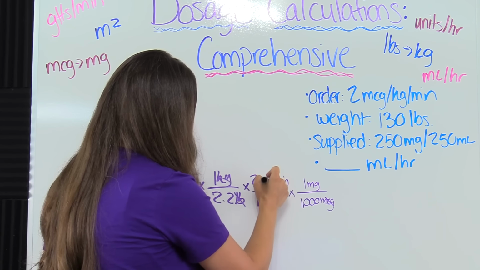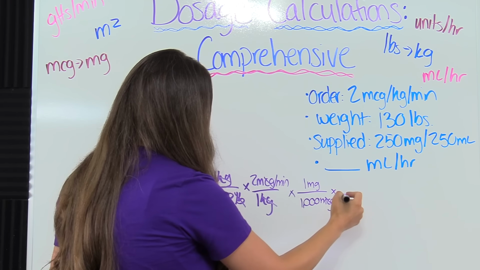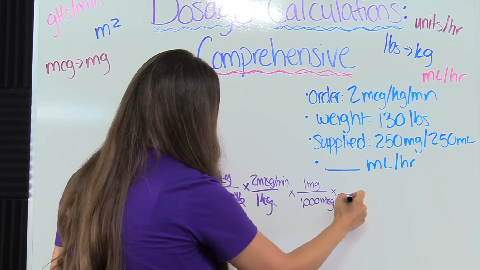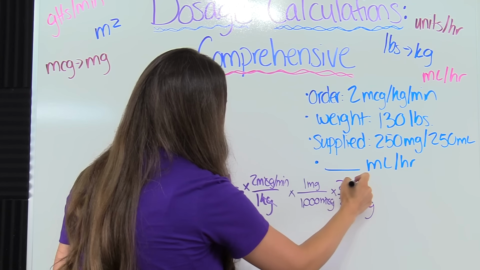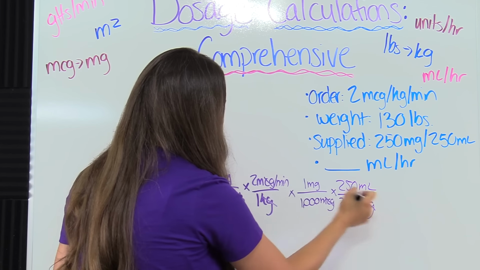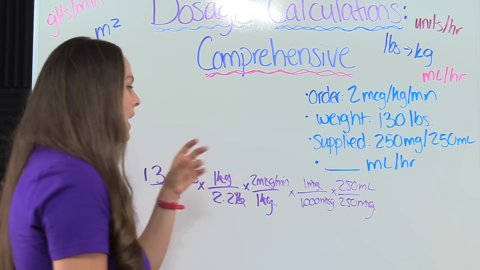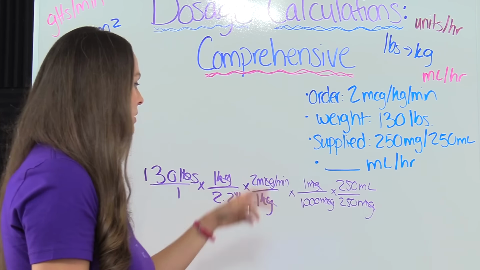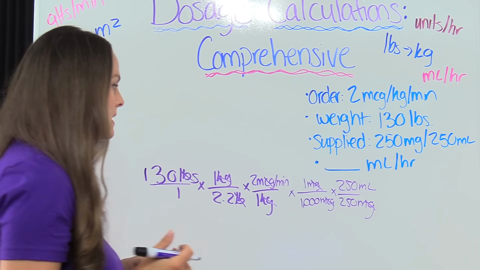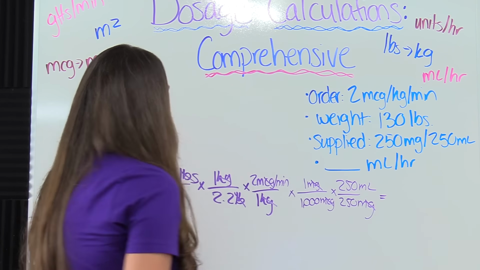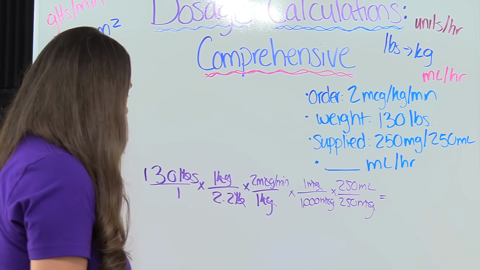Cancels out micrograms, so we're done with micrograms. We can plug in what we have. So we have 250 milligrams in a 250 ml bag. That cancels out milligrams, and we have to get milliliters to hours. Right now we're in milliliters per minute, but we're going to go ahead and solve everything, and then we'll convert our hours to minutes. So we're going to multiply 130 times 1 times 2 times 1 times 250, and that gives us